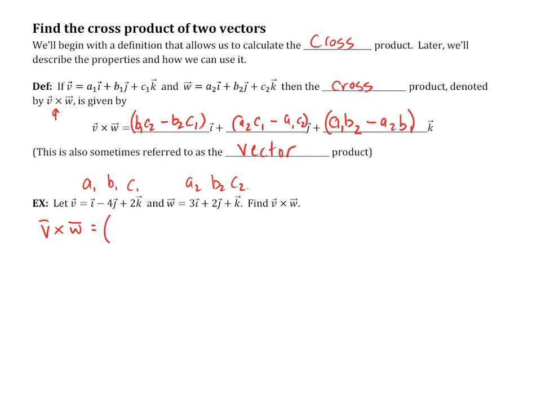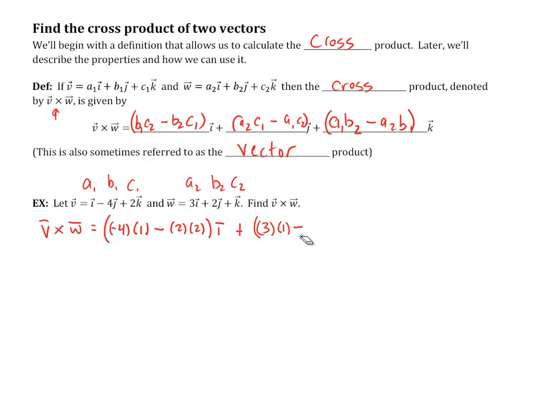So take b1, which is -4, times c2, which is 1, minus b2, which is 2, times c1, which is 2. That's all times i. Plus, now take a2, which is 3, times c1, which is 2,